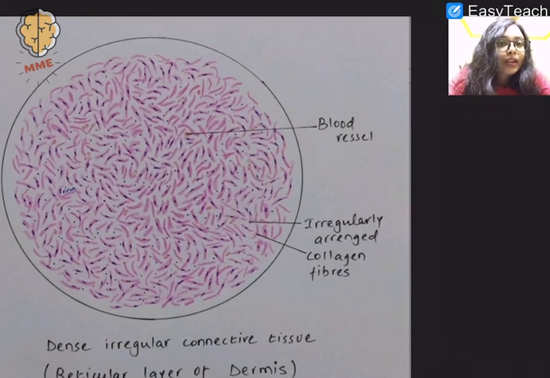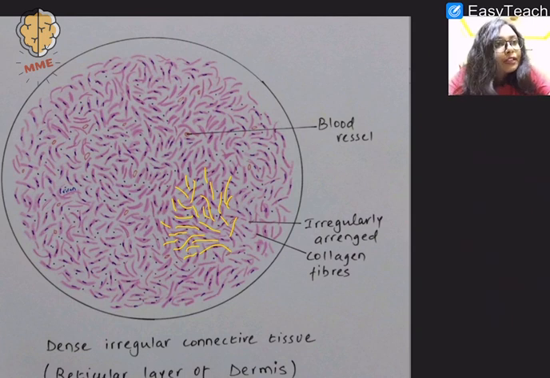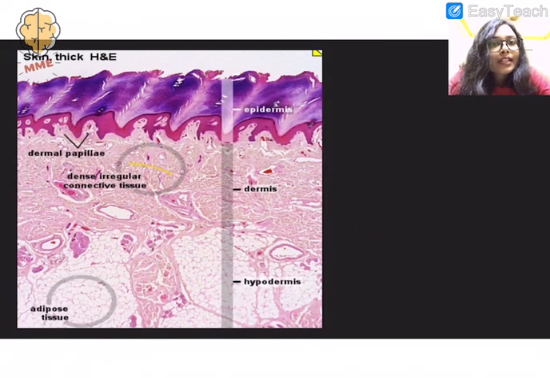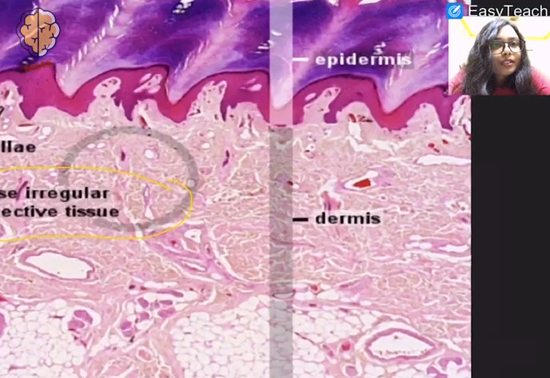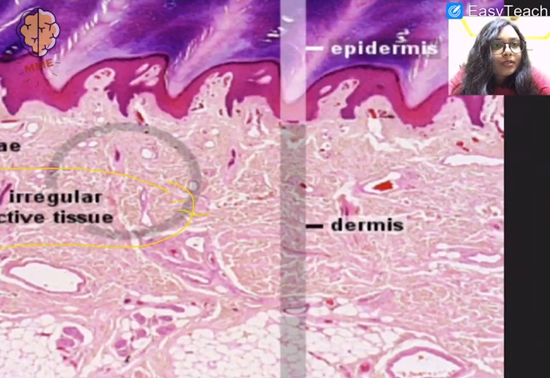Now this is how a dense irregular connective tissue looks. See, there is no parallel arrangement. Some is arranged like this, some is like this, some is like this. This is a very absurd arrangement here, but yes, they are very tightly packed. Because they are tightly packed, they are dense, but because there is no arrangement, it is very absurd and hence it is irregular. See, dense irregular connective tissue. Here you will see the arrangement is so absurd, meaning they are not parallel.